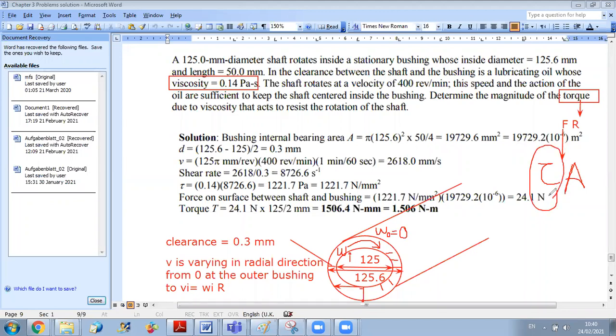And to find tau, I will use the formula that tau is mu times del V by del Y, as we have seen in the course. Here, because it's radial, we can say del Y by del R, or you can name this Y as you like. So now our purpose to find the shear stress is to determine this term, the variation, the del V by del